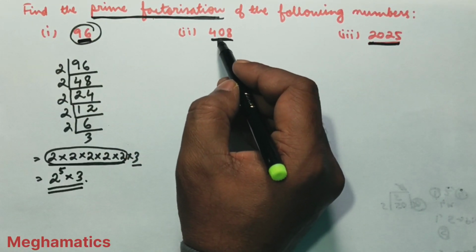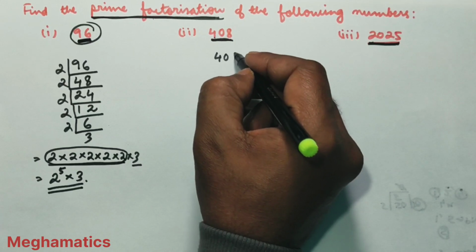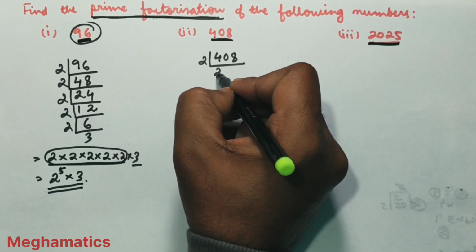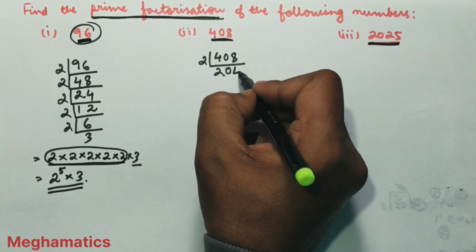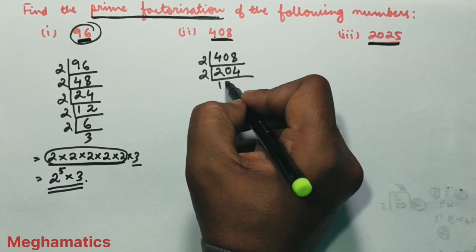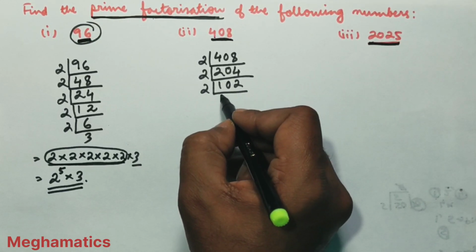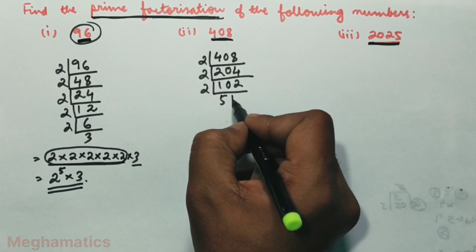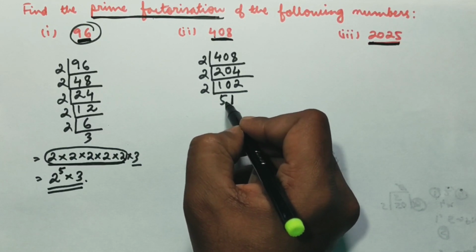Now we'll look into prime factorization of 408. So if we do it in the same way, 408, if we divide it by 2, 2 2s are 4, 2 zeros 0, 2 4s are 8. Now again if we divide by 2, 2 1s are 2, so 0 here, 2 2s are 4. Then again we can divide by 2, so 2 5s are 10, 2 1s are 2. Now since this is 51, the unit digit is not divisible by 2, so it cannot be divided by 2,